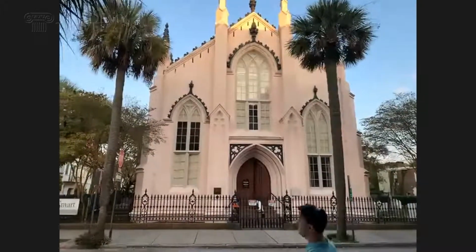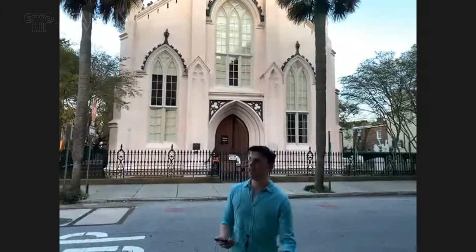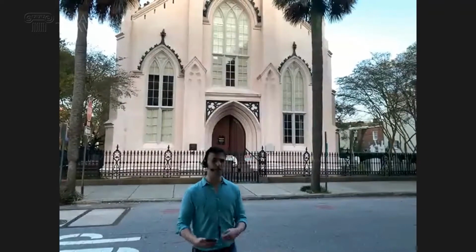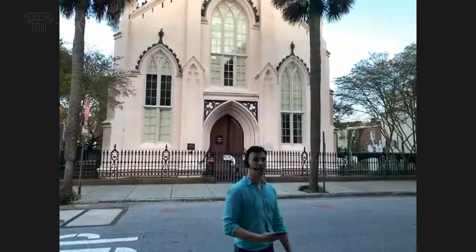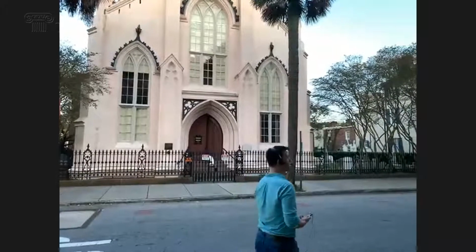I have a slide showing what it looks like on the inside and the very distinctive French Huguenot cross. That original group of 45 eventually developed into a large French Protestant community here in Charleston. So there are many French names in Charleston that come from these original families that moved here. And the Huguenots played a large role in the development of the city. Some of the Southern traditions and Southern hospitality and politeness also descend from French traditions. Things like silver patterns, which every South Carolina family has, are a French tradition. So there's a lot of influence from there.